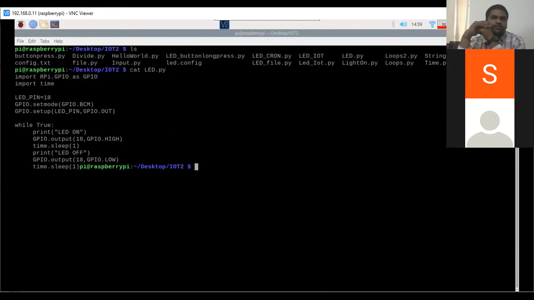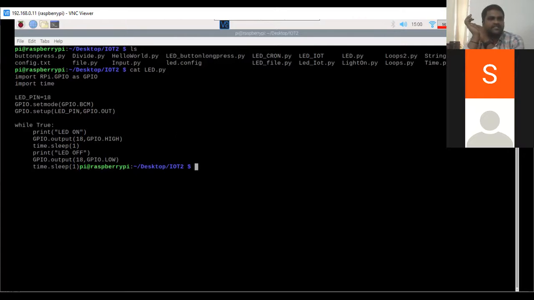If your Raspberry Pi does not have a package like RPi.GPIO, we can install it by using sudo apt install raspberry pi.gpio. It directly installs. So we are importing it as GPIO, and importing time also.